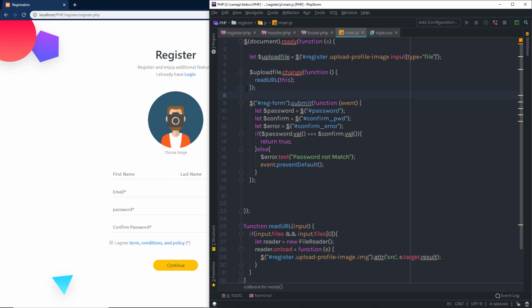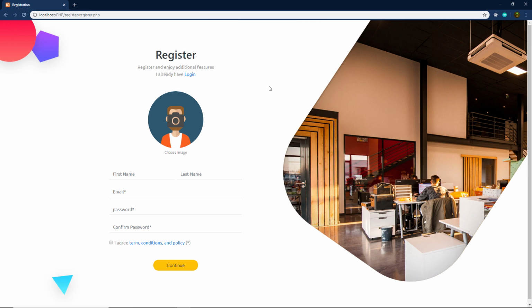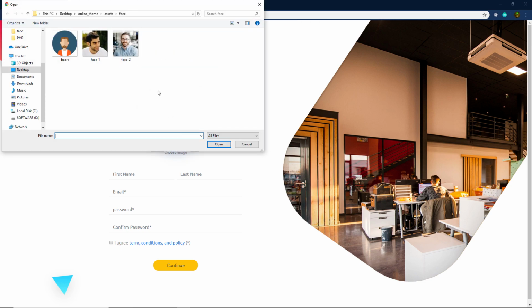So now what I'm going to do is I'm going to first select this input type file. So when we click on it, this will open a new window where we can select a new image, and when we select that image using this event, I'm going to just get that image and specify that as a parameter of this function. Save the changes, reload the browser, and now when I select my image,